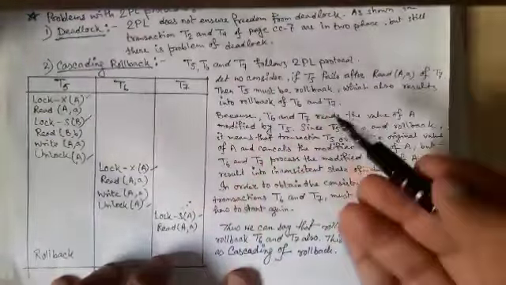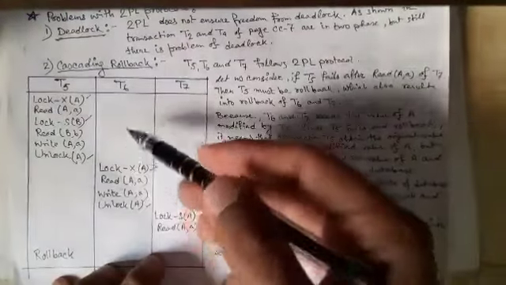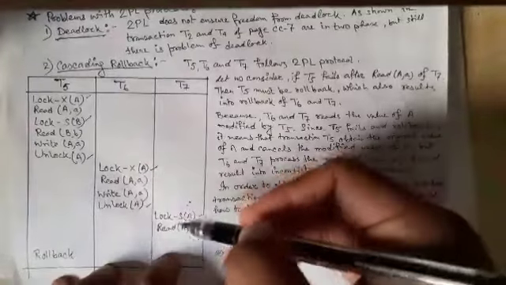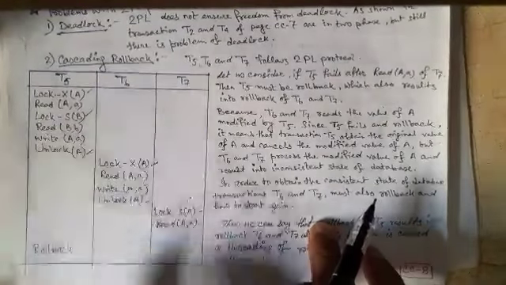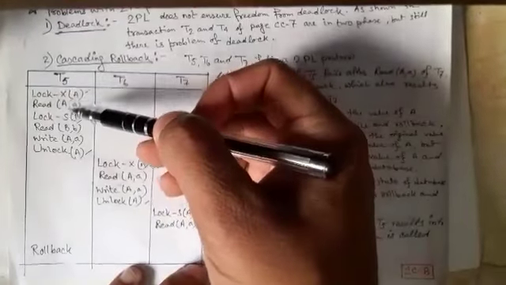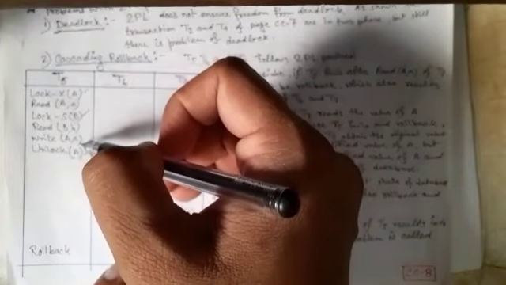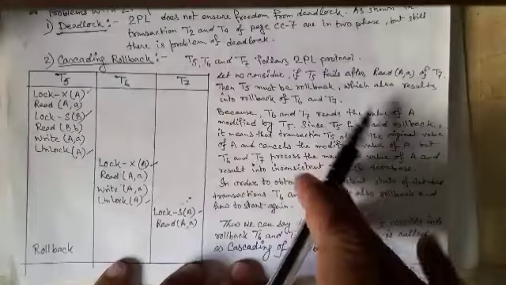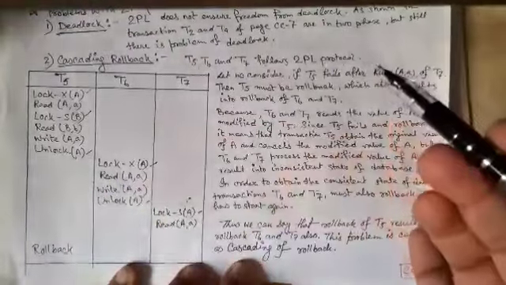Now if T5 fails after A is read by T6 and after A is read by T7, that is, if it is rolled back from this situation, what happens? T5 must be rolled back, that is, whatever modification is done by T5 for item A will be discarded, and this rollback also extends to T6 and T7,